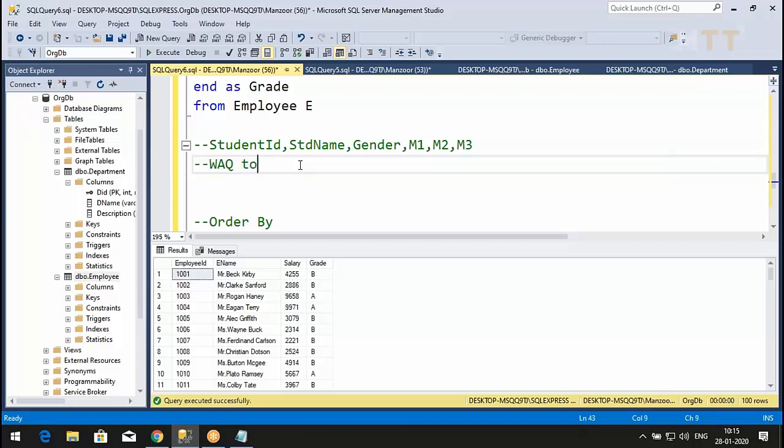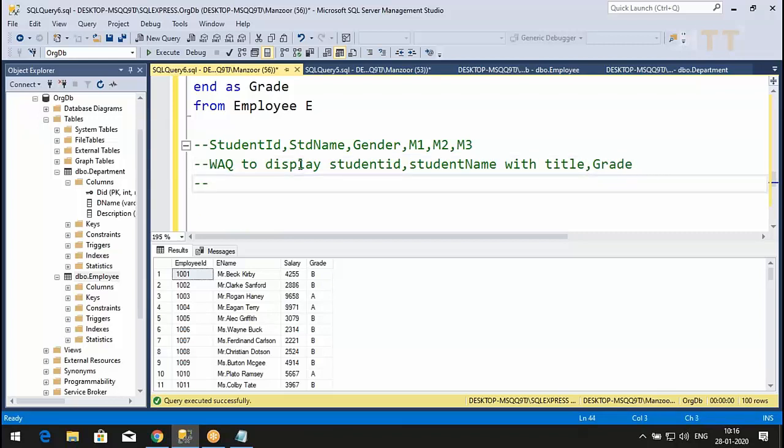write a query to display student ID, student name with title. So you should understand title means, right? And grade. Now grade is calculated in this way. Grade is calculated based upon the average of marks 1, marks 2, marks 3. Marks 1 plus marks 2 plus marks 3 by 3 is average. So if average is